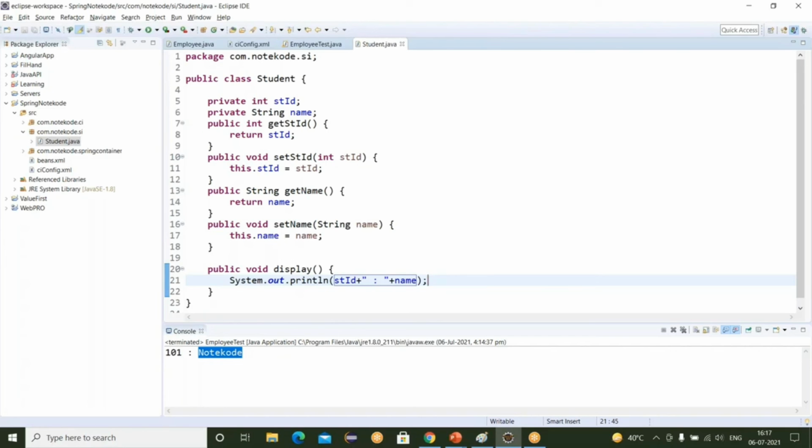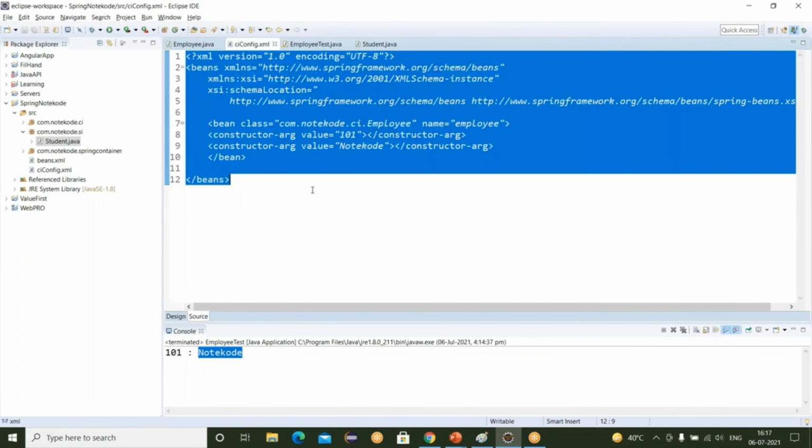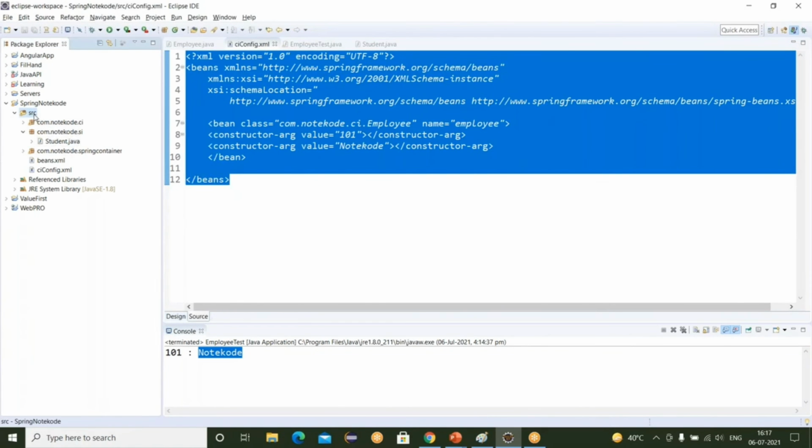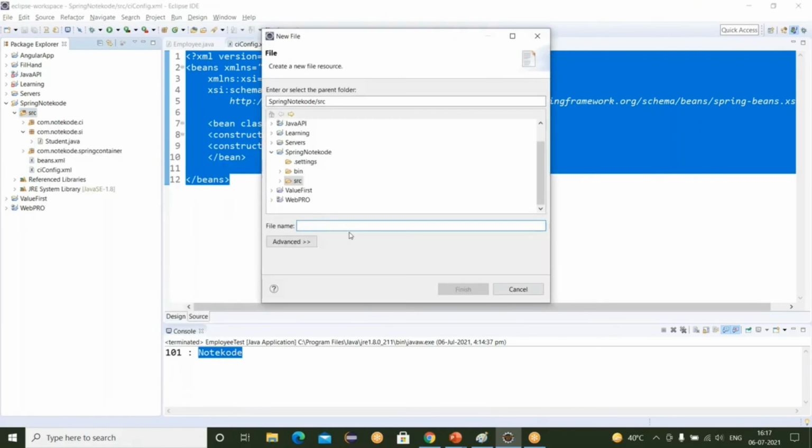Okay, so your Student bean class is created. Now again you have to create the configuration file. So taking all the text from here, click on the source folder and create a new file here.